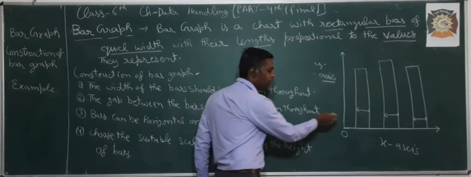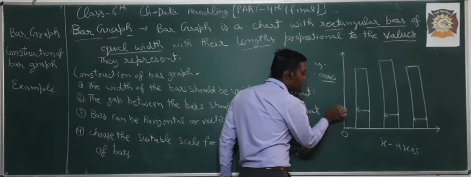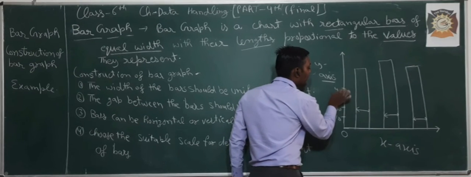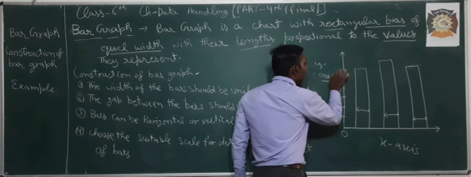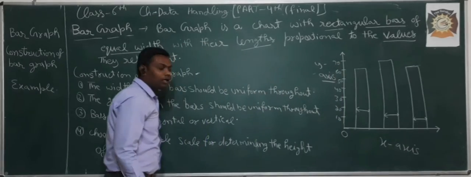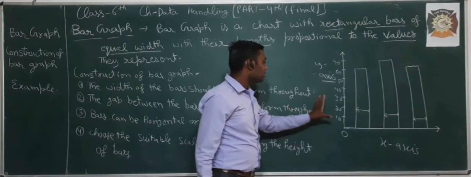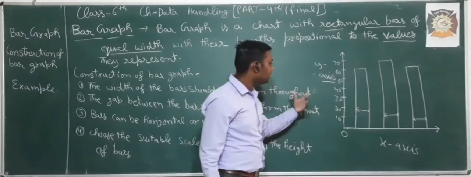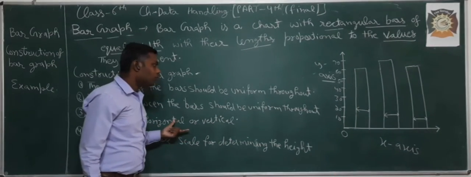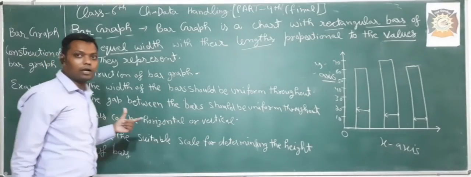For their values, we may write on the y-axis like 10, 20, 30, 40, 50, 60 and so on. It may vary depending upon the given data. I will just write the example 10, but it's not anything fixed. This value represents the data, and it is according to the given data. And now we'll discuss the rules to construct the bar graphs.